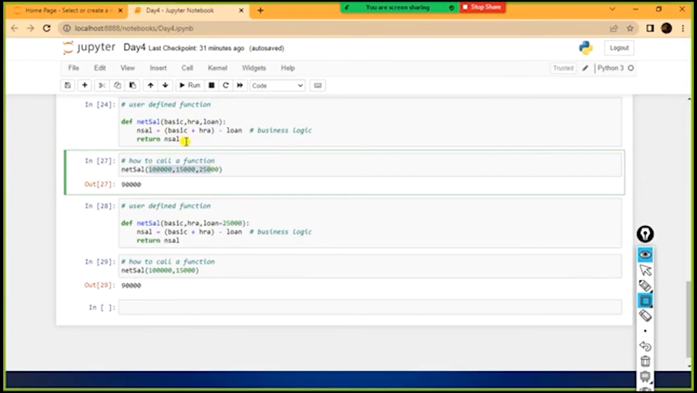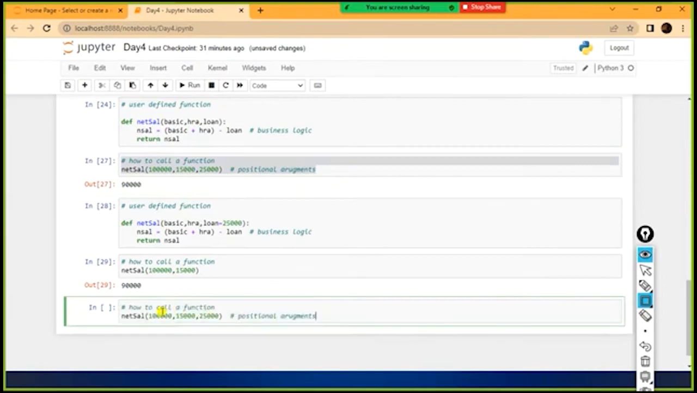Is there any way I can change the order? So this is called positional arguments. Next one is something called keyword arguments, using which you can change the order. For example, if I specify loan as a keyword here,